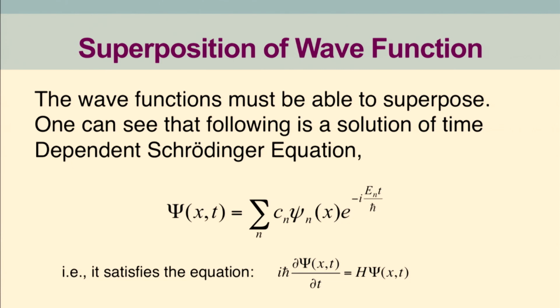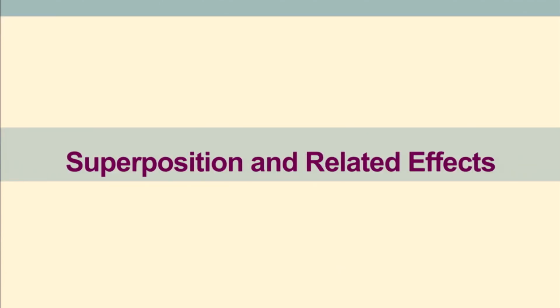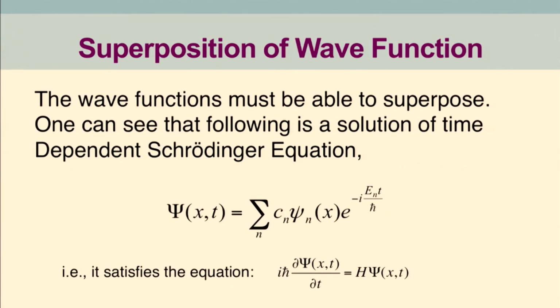All right. Now there are a few other properties we'll discuss. It's called superposition and related effects. So what is the superposition of a wave function? Superposition is a property which any particle in a given potential well has before you actually measure the system. In the case of, for example, the infinite potential well, as we discussed, the particle has various wave functions, psi 1, psi 2, psi 3 and so on.